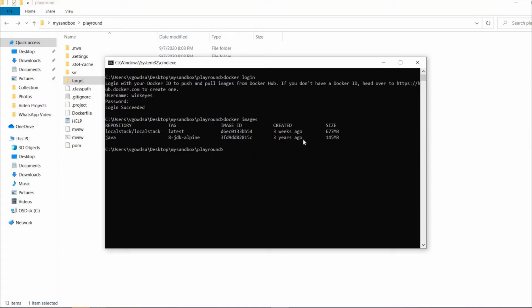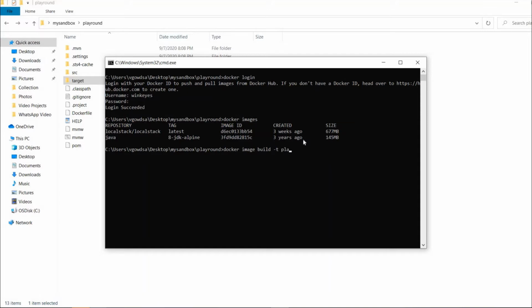Now since we have logged in and we are in the current repository, my workstation location, let me build the image first. That is docker image build -t. The -t is for tag, and tag means what name we have to provide.